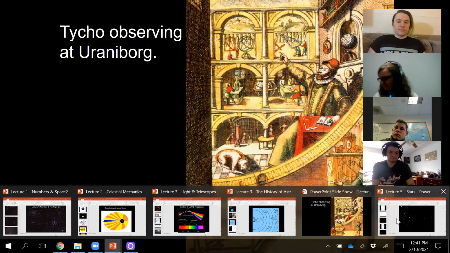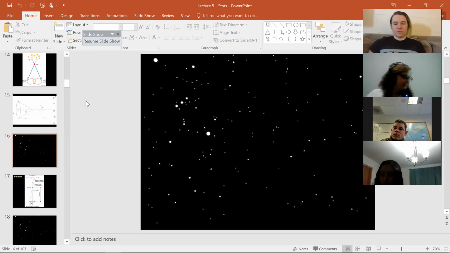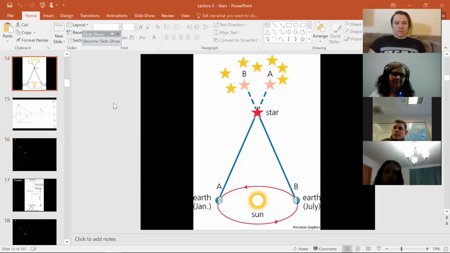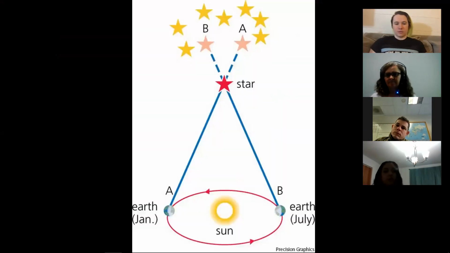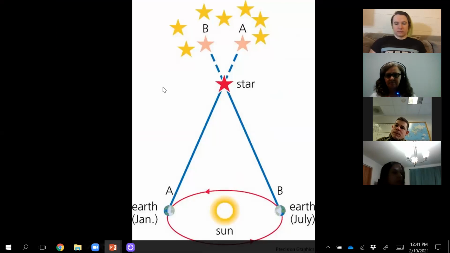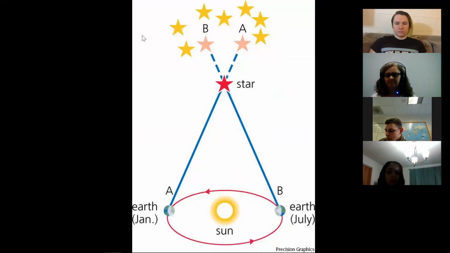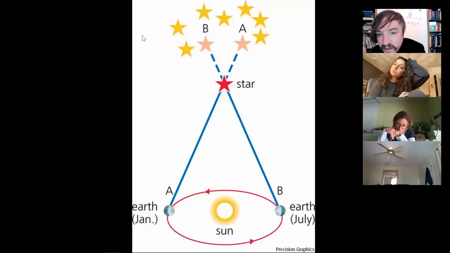I can also show you the modern version of parallax. This is a little bit different than Aristotle's, because Aristotle didn't know that the stars could be at different distances. He thought they were all in the same sphere. But the modern version, I'm telling you about parallax because it's a huge thing in astronomy. Astronomers use this all the time. And you can see here, Nori,